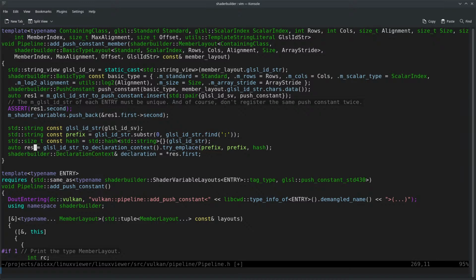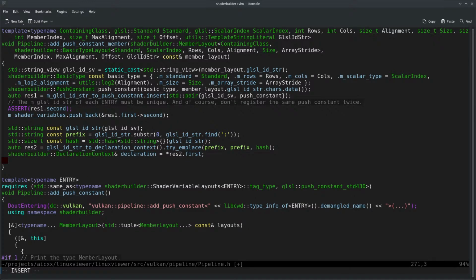Okay, let's call this res2. And I don't really care about if it is inserted or not, right? Now I have my declaration, and now I want to add all the information that is needed to generate the declaration of one member of the struct, which is